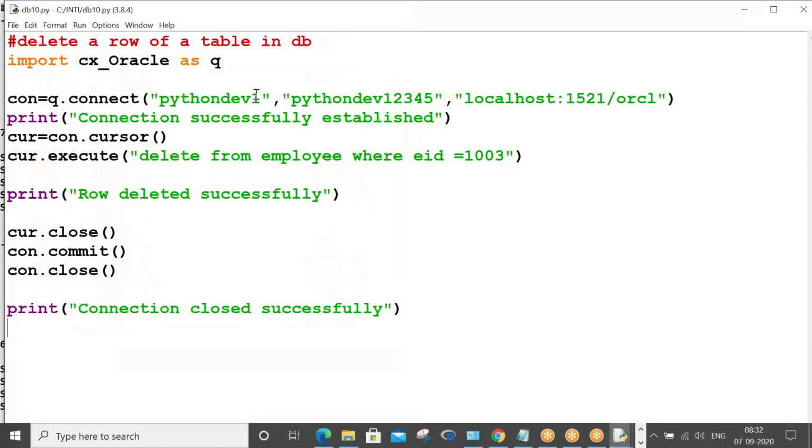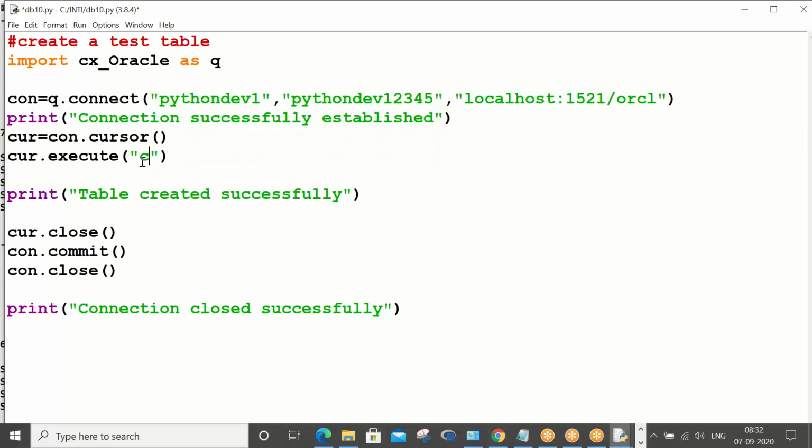The first statement is to create a test table. For creating a test table, my comment is table created successfully.